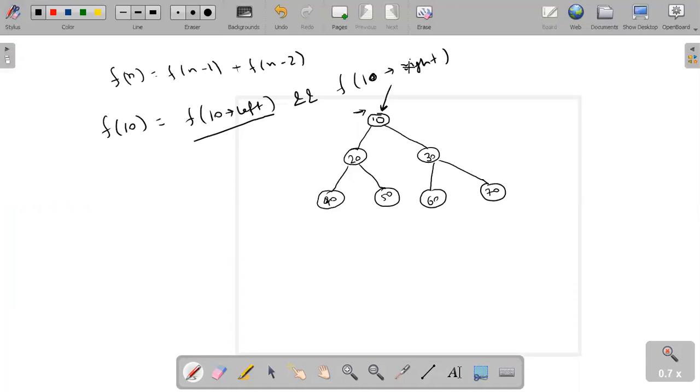Okay, we can write something like this. And what will be the terminating condition? If node is equal to null, or we can say node.left is equal to null and node.right is equal to null, then you just need to return, break it. That will be the terminating condition.